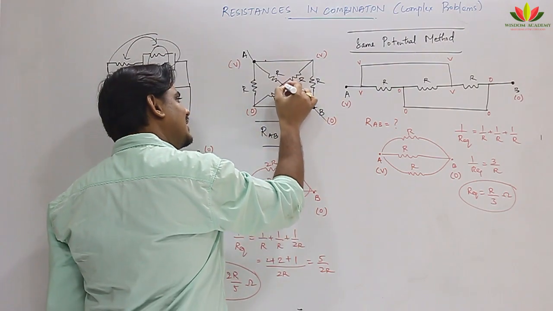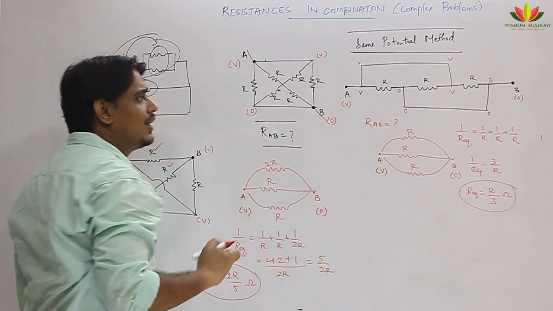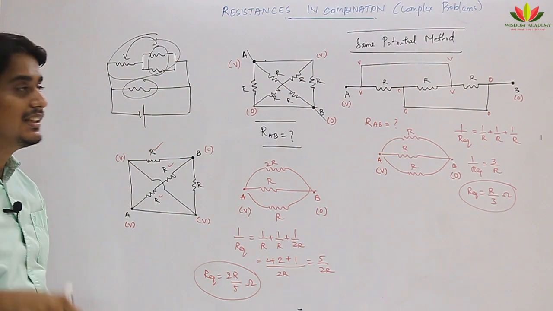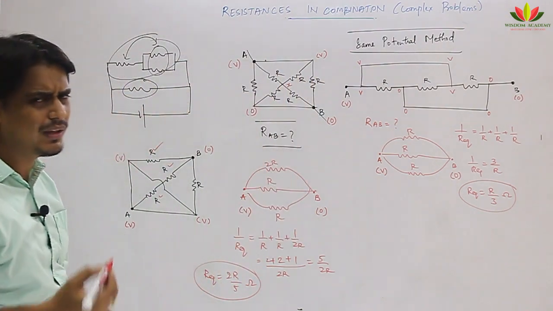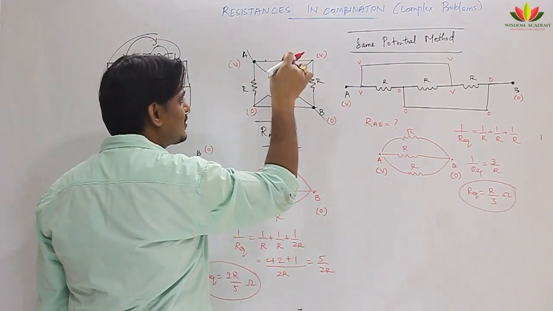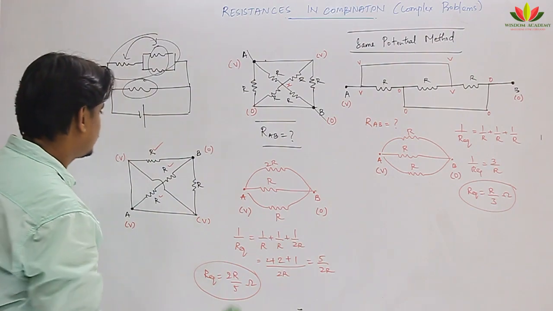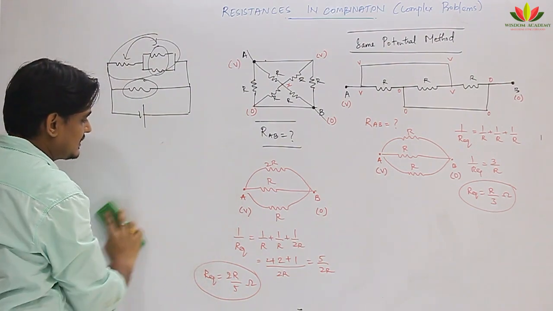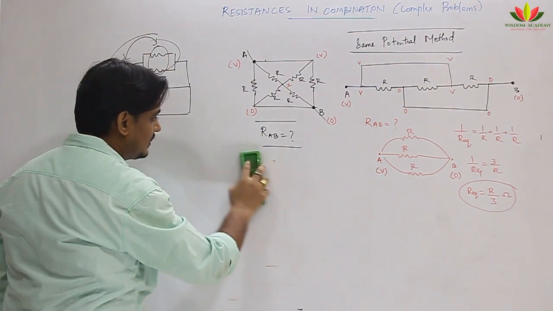Now see, this point is a confusing point here because at this point I cannot write V, I cannot write 0. All the points must be designated. So what I will do, I will write this point as X. I can do that because I don't know whether it is V or 0, so I am writing it as X. And then once again I will try to draw it. So let me get some space.